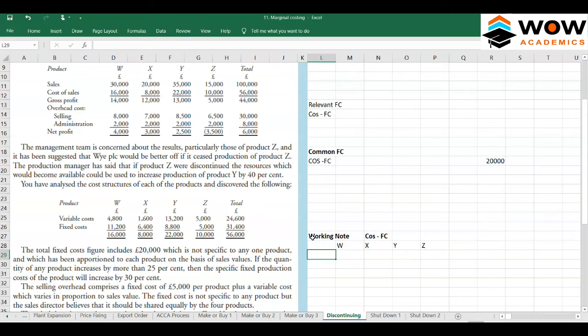So the fixed costs which are given are 11,200, 6,400, 8,800 and 31,400. From this we have to separate the common fixed cost. Okay, we have to separate the common fixed cost. So less